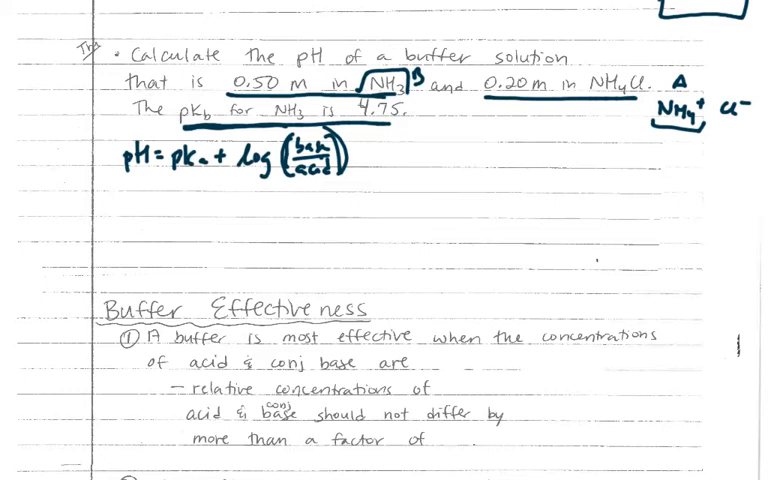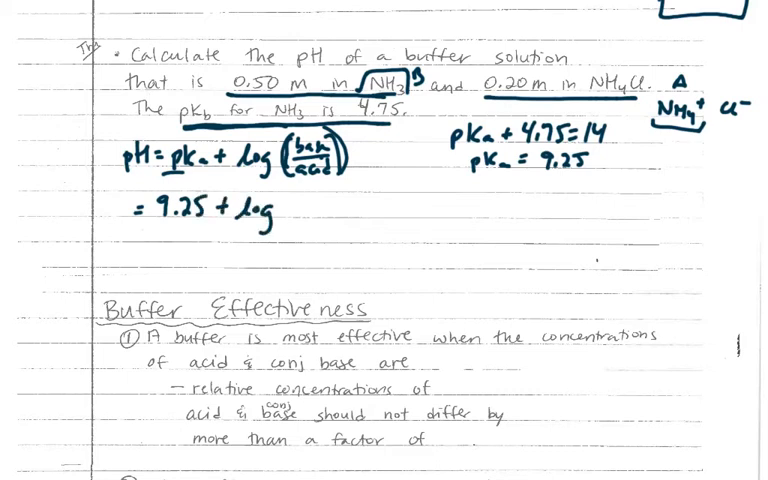It gives us the pKb, but we need the pKa, right? So remember pKb plus pKa equals 14. So pKa plus 4.75 equals 14, which means that our pKa is 14 minus 4.75, so it's 9.25. We can plug that in here. pKa is 9.25